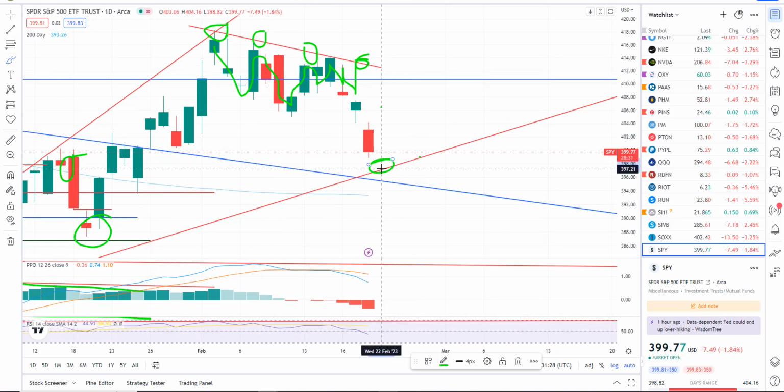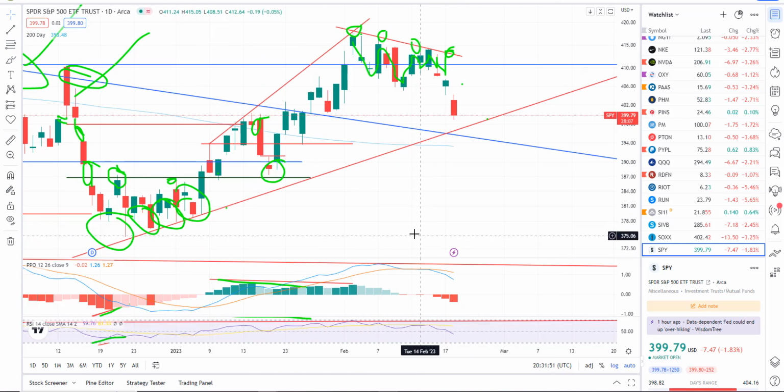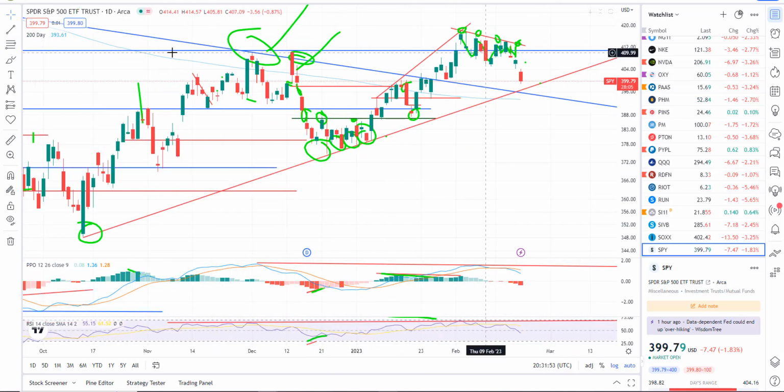So I suspect we gap down to this trend line, maybe tomorrow, or probably tomorrow, and then the buyers should be stepping in on the SPY. So keep an eye out for that. Likely going to get a bounce off of that. I don't expect we'll just break right through. We might, but I'd be looking for at least some sort of a reaction or a bounce on that trend line. So that's a daily chart.